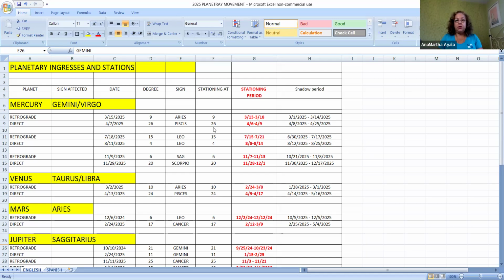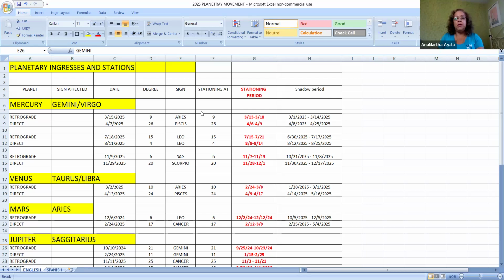Once that light turns green, you don't floor the car, right? You start to accelerate. Well, that's the same thing. The post-shadow period is the planet starting to accelerate to get to full speed ahead, right? So the pre-shadow is the braking, and the post-shadow is the accelerating. I hope that makes sense. That's about the only analogy I could think of that I could relate to this type of situation.